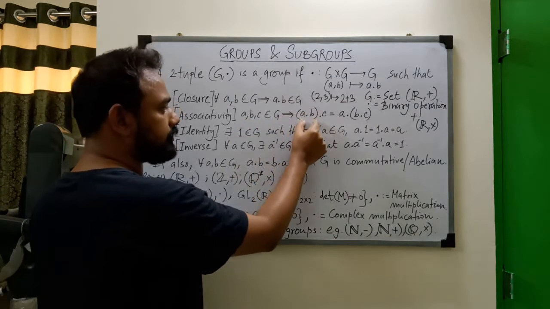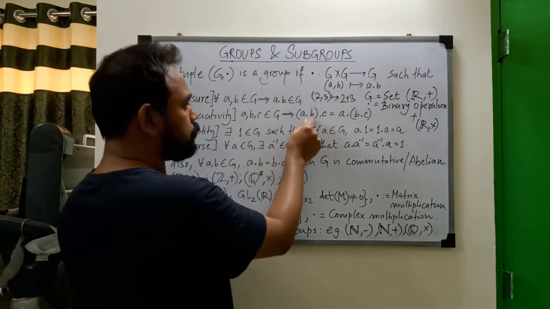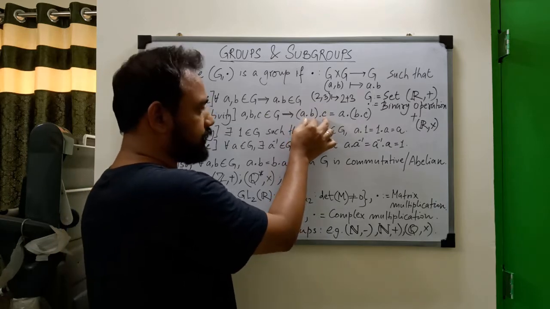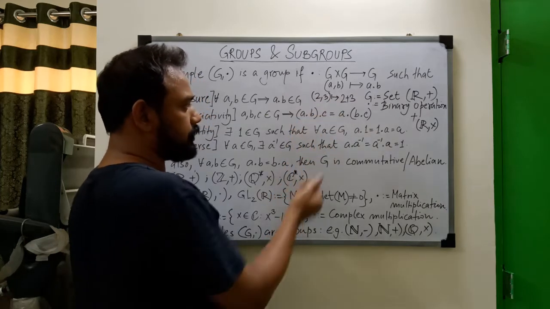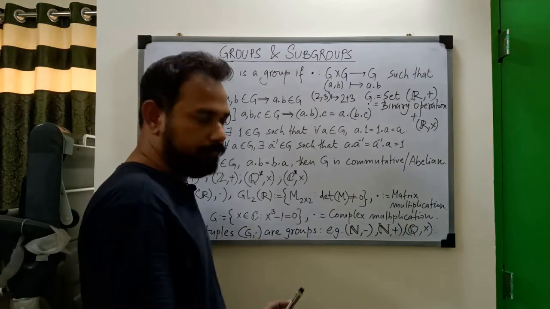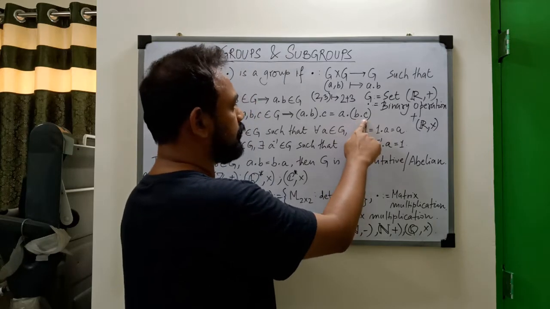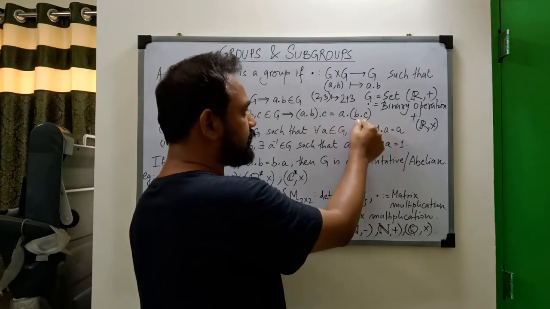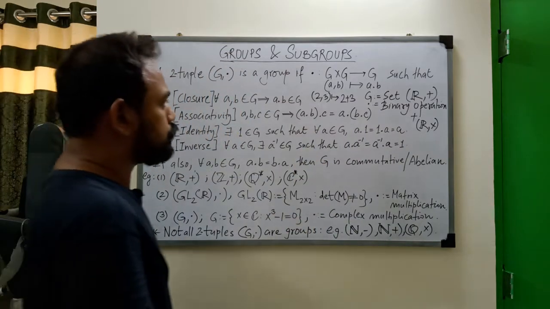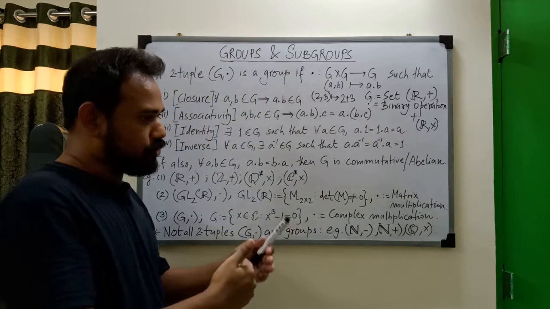So now you can product this element of G with another element of G, which is C. So first you product A and B, and then you product that result with C. If you do the operation in that order, it will be the same if you reverse the order of the operation. In other words, you first product B with C, and then whatever the result is, you product that with A. Okay. So for example, if you take 2, 3, and 4 from R, if you add 2 and 3